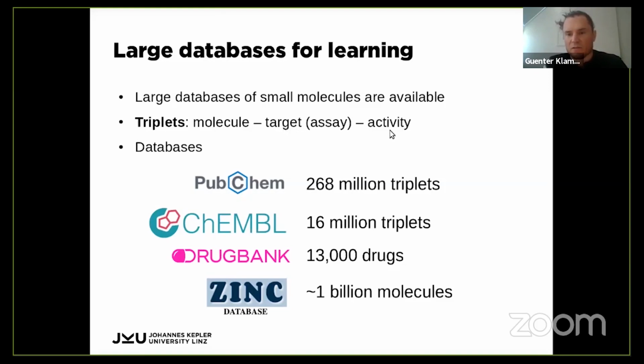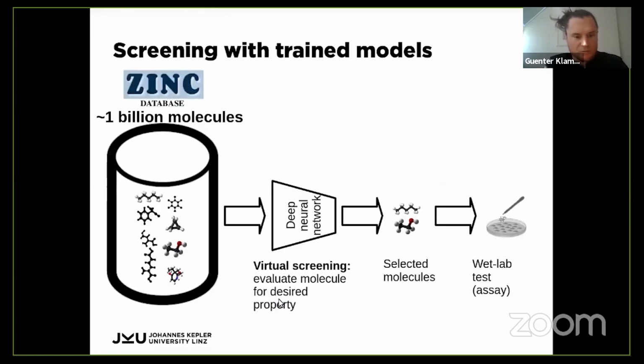And you have an activity value, which can be binary, but regression tasks, of course, also make sense. Overall, PubChem and ChEMBL offer these activity data. DrugBank is a data set of marketed drugs, and there is the ZINC database, which contains a large number of molecules. So assume you have a trained neural network, then